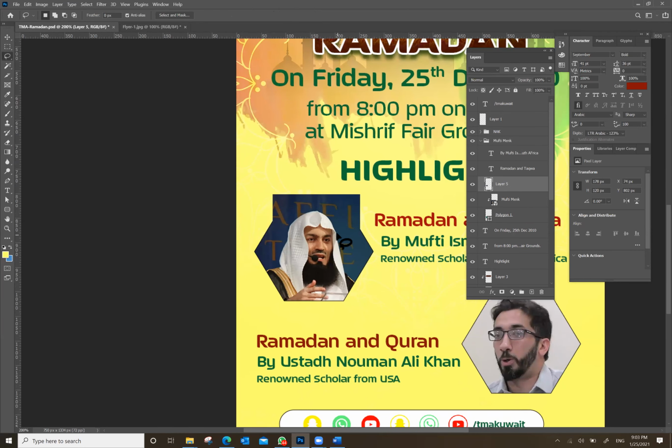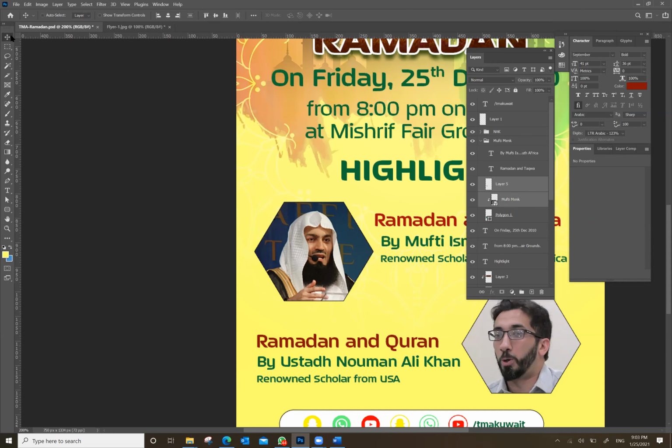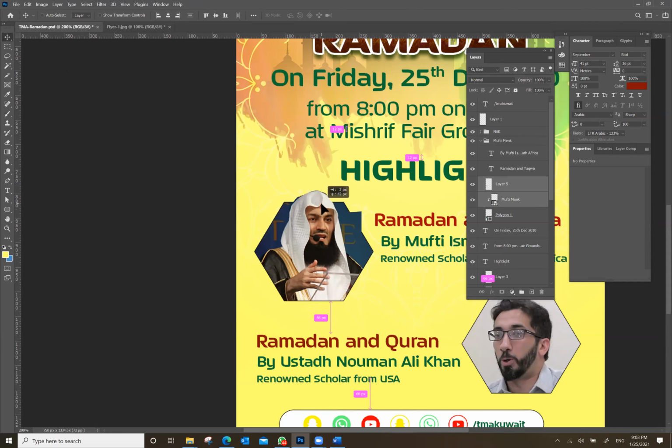Now just select, holding control, this layer and the Mufti Menk layer. With the help of the up arrow, bring them up a little. Make sure you are on the move tool. Just bring this out here.